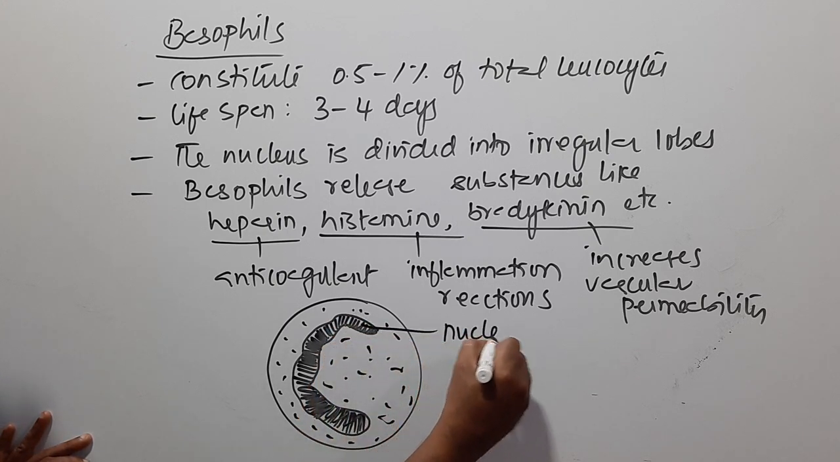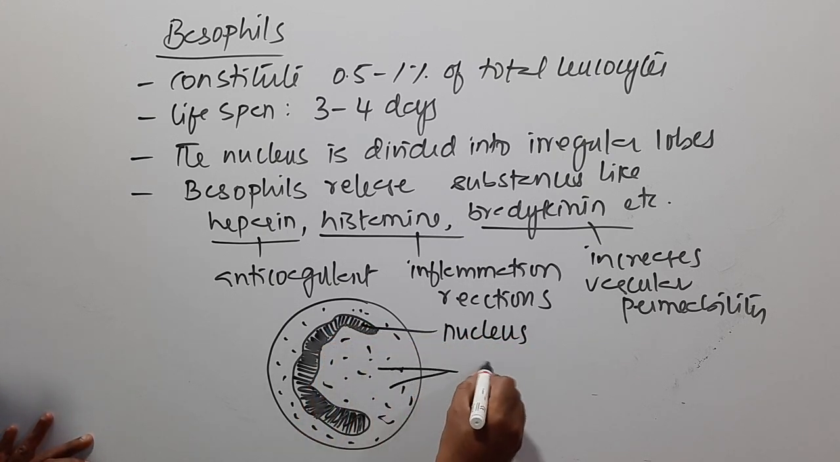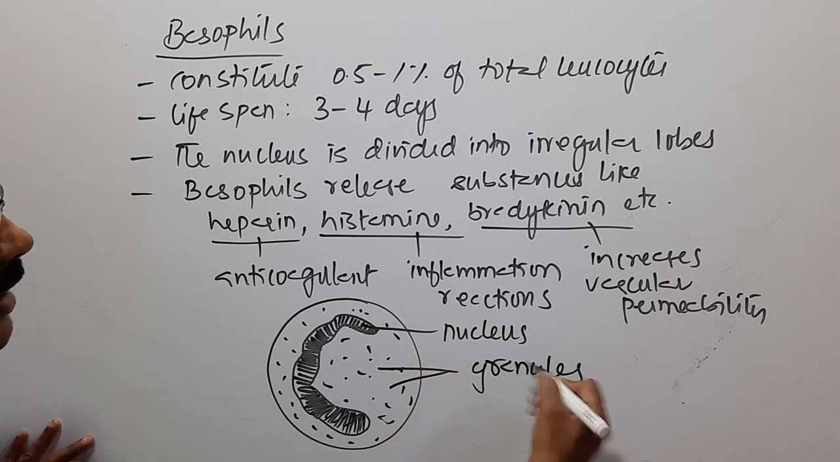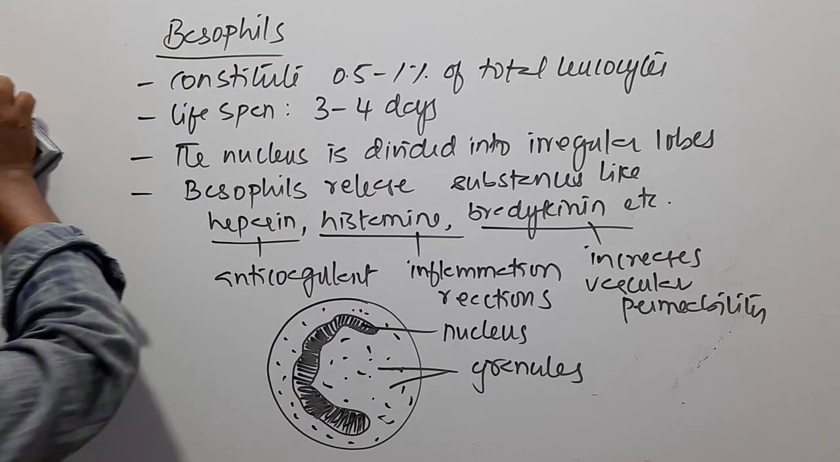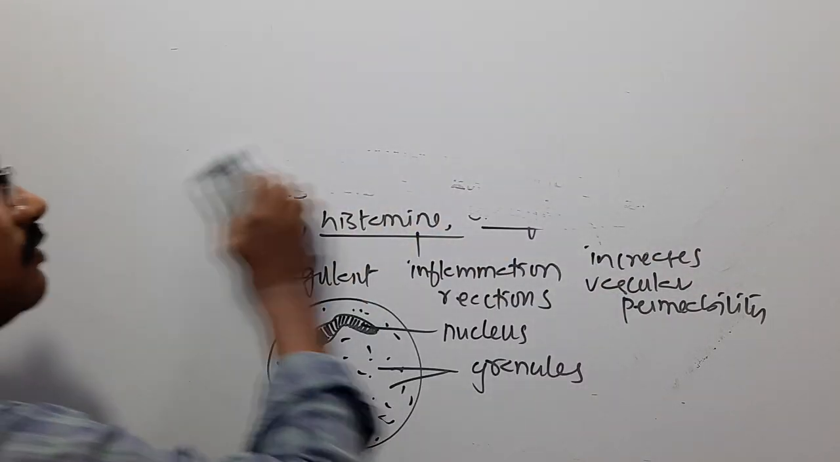So this is the nucleus, and all these are granules. So this is how you'll see the structure of basophil. Right now, that's small information on these basophils. Next one, we'll see about